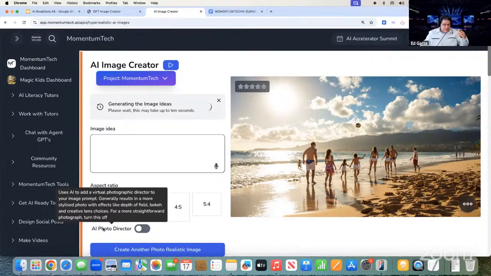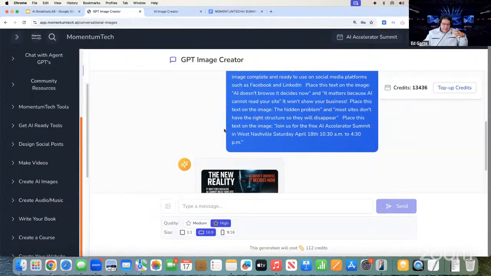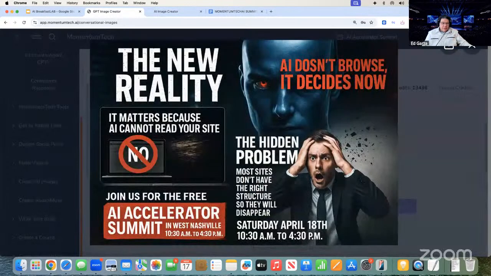Generally, results are more stylized photo with effects like depth of field, creative lens choices like a photographer, more straightforward photograph. If you want a straightforward photograph, just turn it off. If you want it on and you want it to use all those things, just turn it on. Try, experiment with it. Okay. There we go.